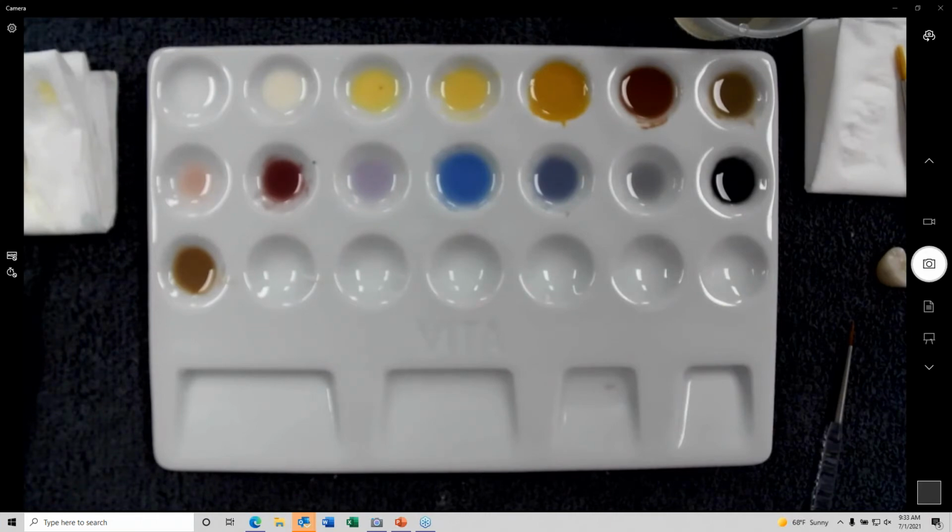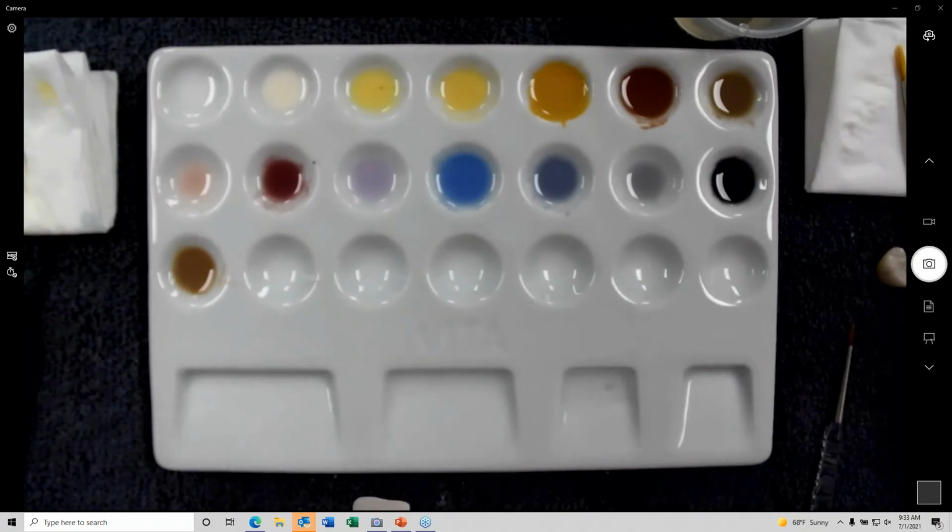You don't want it to go on dry because then it'll end up looking kind of orange peely. So we want to make sure we get it on there well, but we don't want it to pool or run or drip or anything. So once